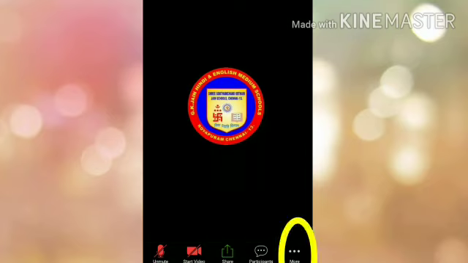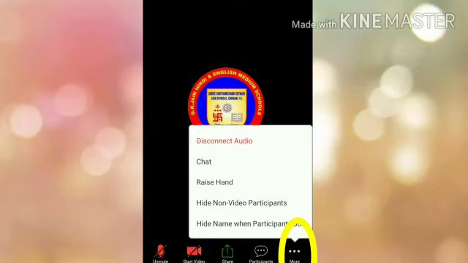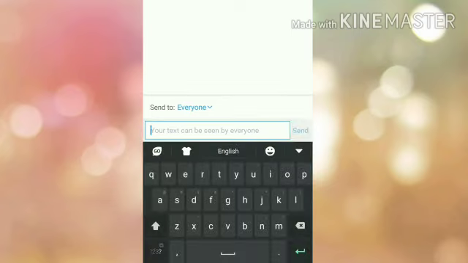In this, touch More. You will get 5 more options. In that, you have to touch Chat. If you click chat, you will enter the chat room. If you have any queries regarding the subject, you can write there.